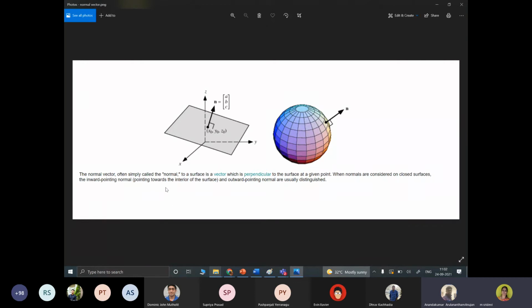We use the term normal here, surface normal or normal vector, which means when you take a point on the surface, the direction perpendicular to the surface at that point is called a normal vector, or when you represent this value in the form of a vector, you call it a normal vector.